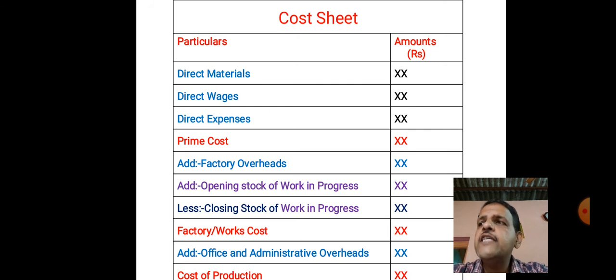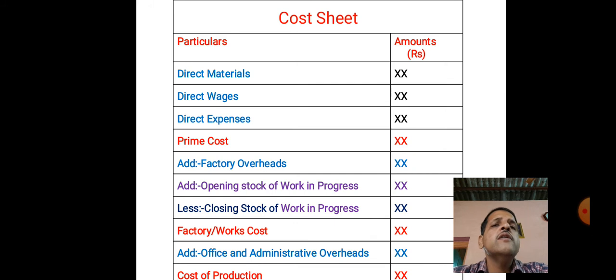Then indirect expenses. Such expenses are included which are neither direct material nor direct wages, but these minor items are directly related with production process. They include cost of patents, cost of drawing, design and layouts, consultant fees, license fees for special orders, subcontracting expenses, hire charges of equipment, operating and maintenance cost of special machine, etc.